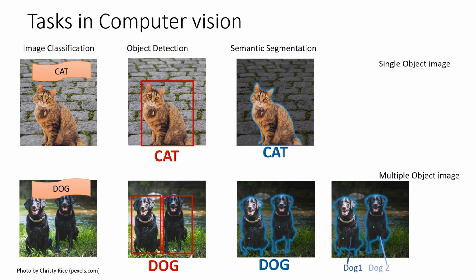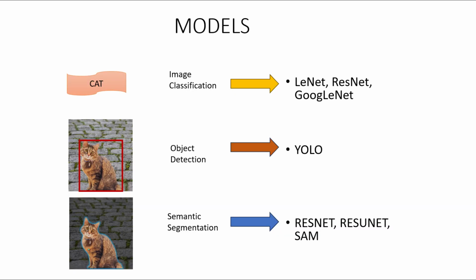And just so you understand clearly, all these tasks are performed by different models. For example, the classification task can be performed by models such as GoogleNet, LeNet, ResNet, etc. Similarly, the object detection task can be performed by models such as YOLO. The segmentation tasks can be performed by models such as UNet or ResUNet. The segmentation which we see in these images has been performed by the Segment Anything model, which has been recently launched by Facebook. So all these tasks will be performed by different models and the complexity of each task will be different. So a classification model will be much simpler as compared to a